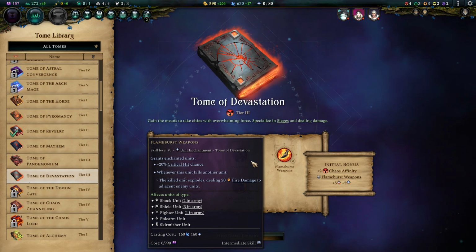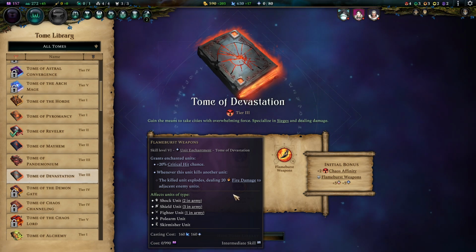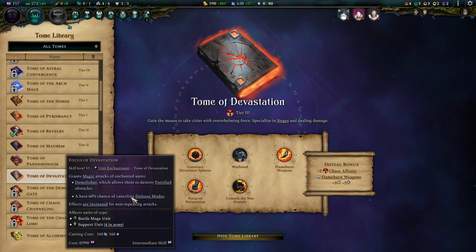Yeah, well, high morale, you easily can't hit the 100%. I don't know if it's capped or anything, I didn't pay attention to it. But we're also exploding the stuff that we're smacking with these, so it's a lot of fun. Focus of Devastation gives us, again, another bonus mode for supporters, so you can just smack the enemy out of